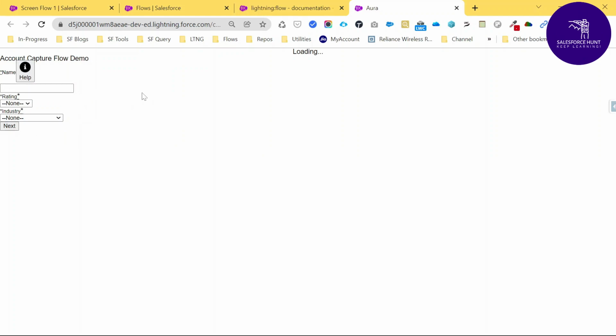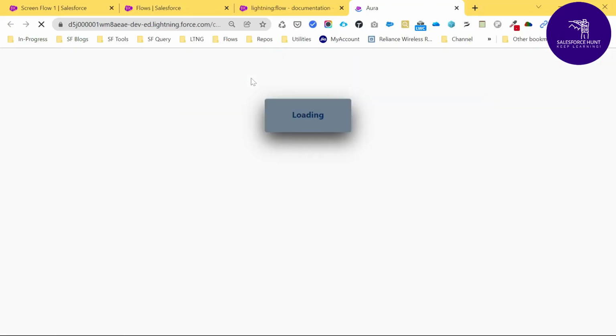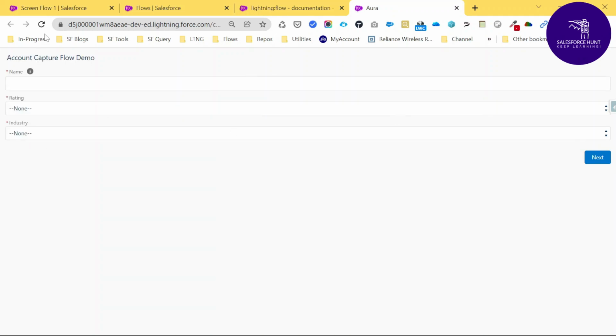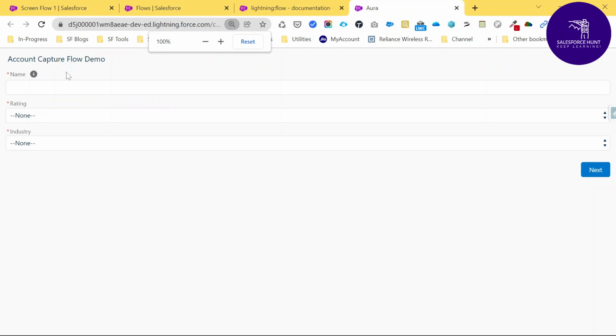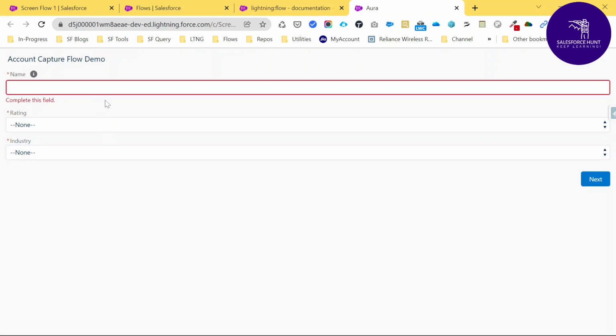Because you cannot use SLDS right now, let me add SLDS here. Application extends, meaning you can use extends, or inheritance. You can see this inheritance like extends force colon slds, this one. So just save it, and after saving you can see a new UI related to our component, that is the aura component. And after that you can see my UI, like account name. Let me zoom out here, account name, rating and industry. You can see all the things under the aura component.